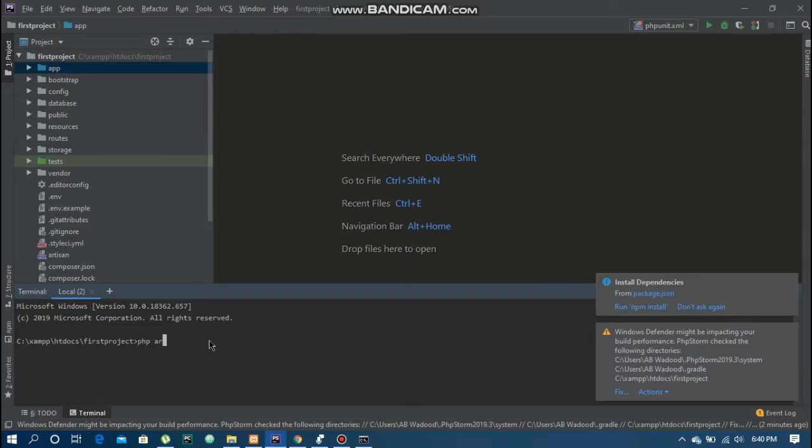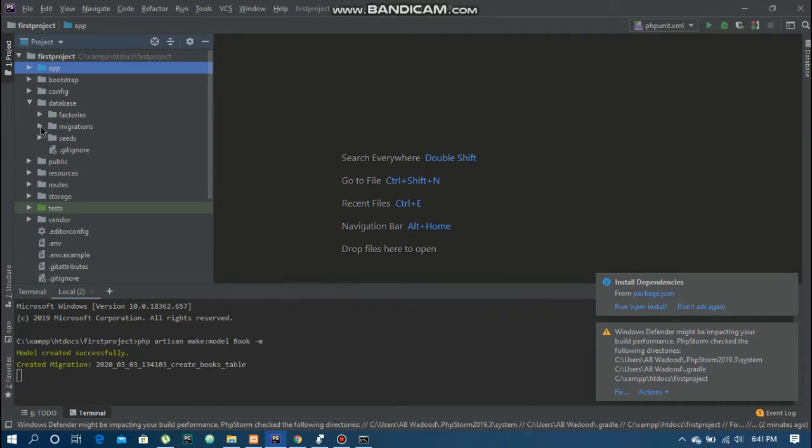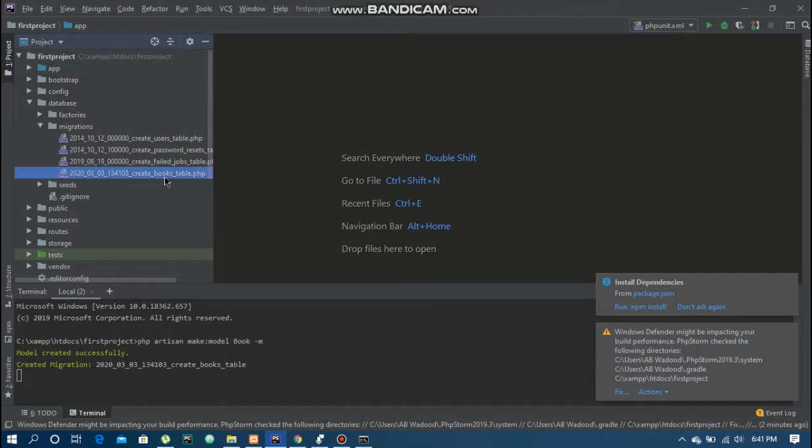So there's a command php artisan make:model, and we can name our model by the name of Book -m. So basically we are making a model by the name of book, and -m means that we are creating the migration at the same time with the same command. Press enter and you can see that it created a migration by the name of books. You can go into the database, into the migrations, and you can see books. Just press on this one,